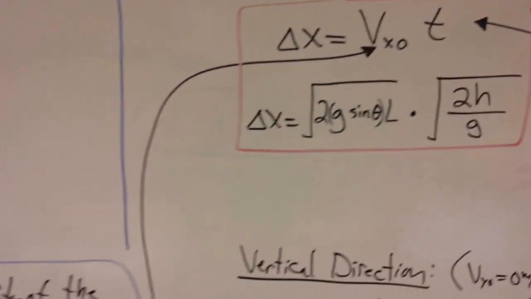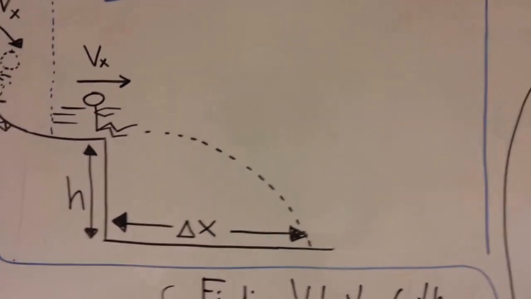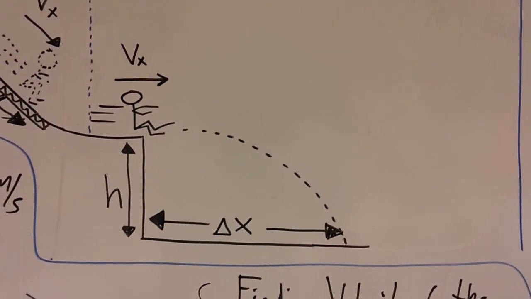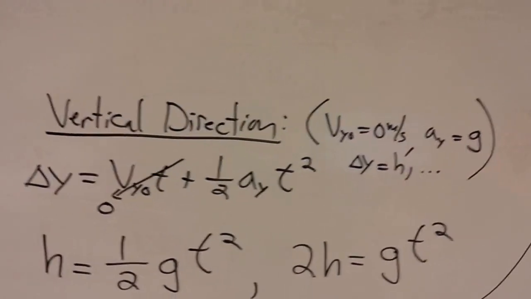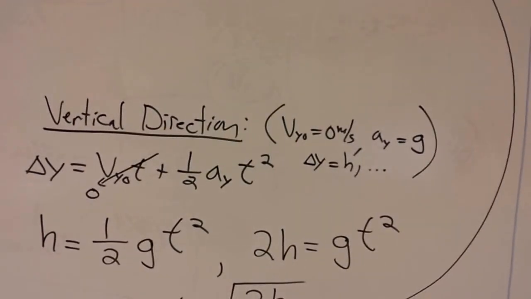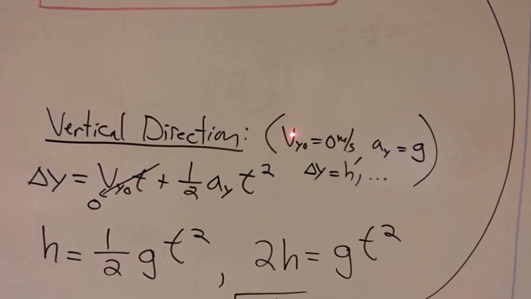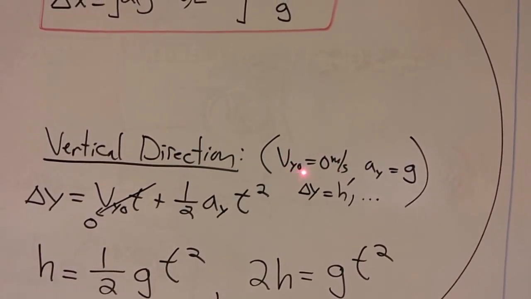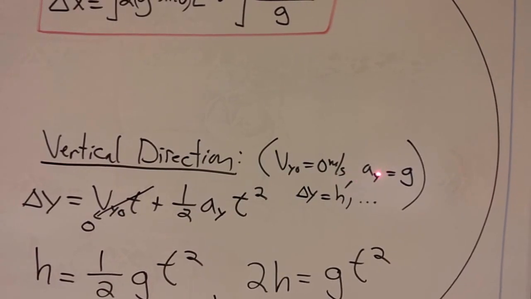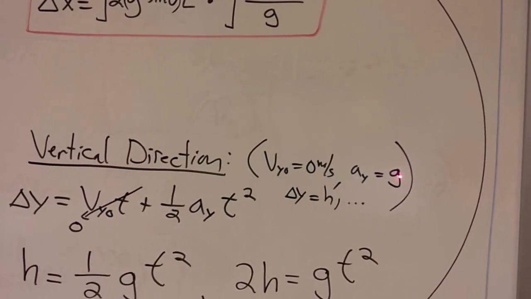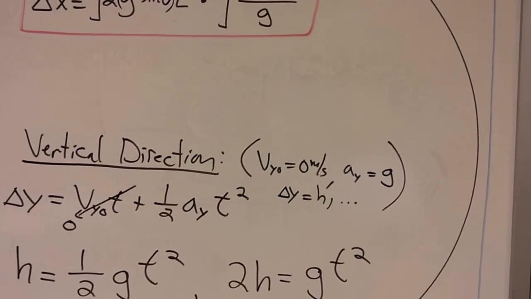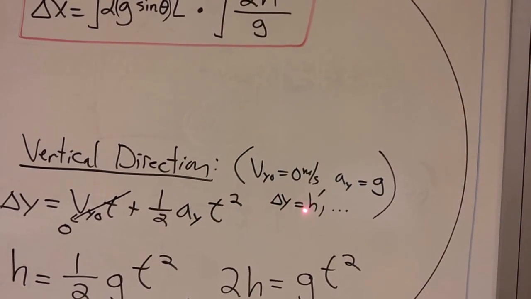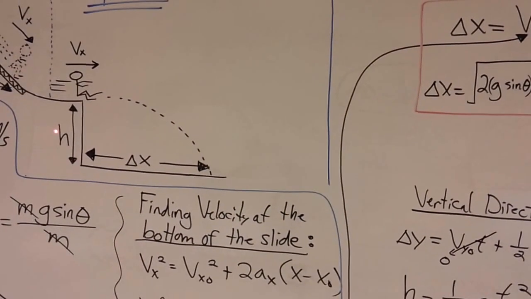Let's go back to our horizontal projectile problem. Remember that vertically, the kid behaves like a dropped object, because if we go to the vertical direction and look at the information that we have, if we're going to solve for time, since that velocity is only horizontal, there's no part of it in the y direction, so the initial vertical velocity is 0. The acceleration in the y direction is just g, the acceleration of gravity, negative 9.81 meters per second squared, or negative 10 approximately. And the vertical displacement of the kid in this problem is represented by the height of the slide,